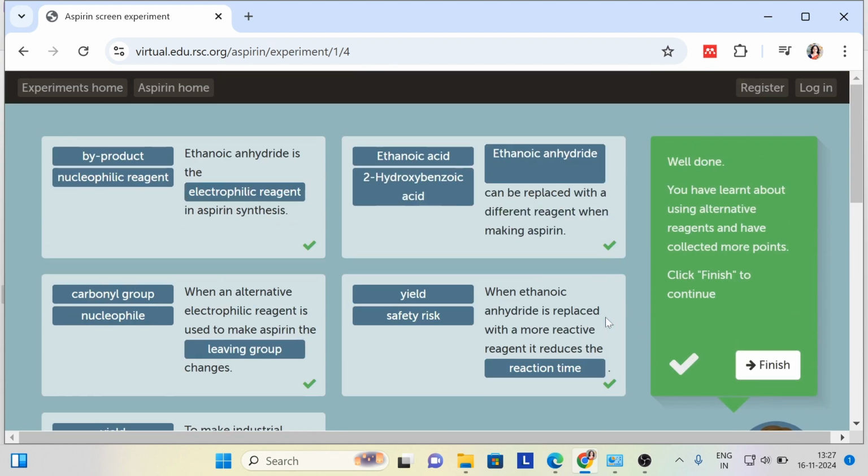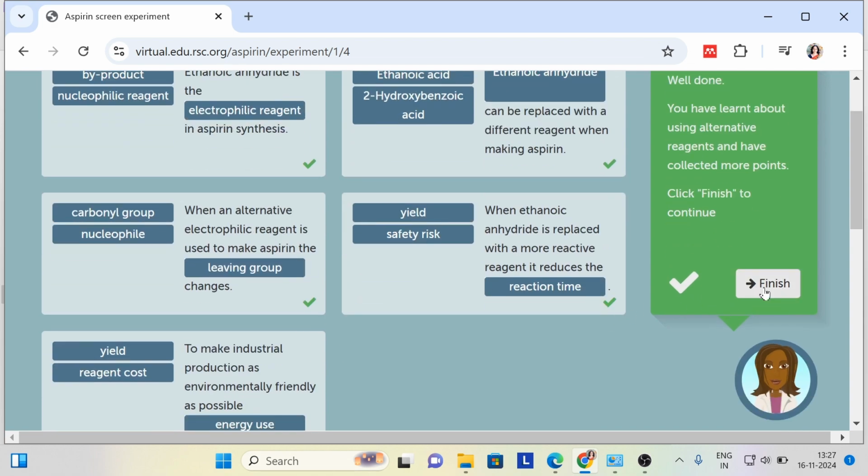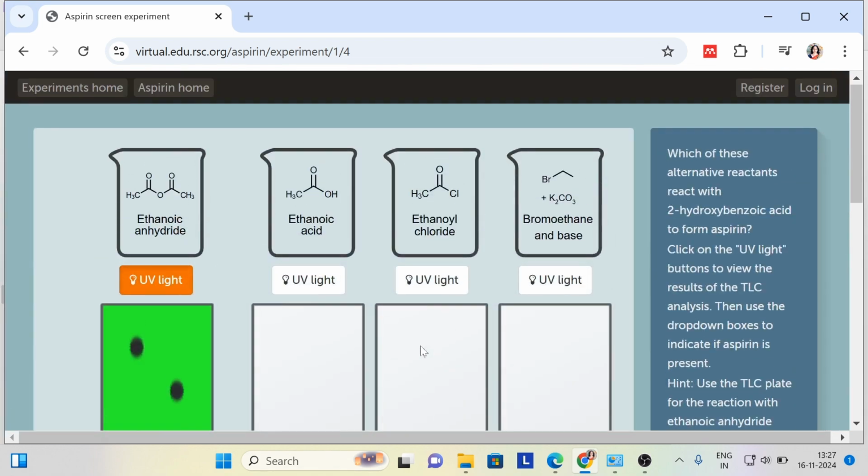Let us have a check. Yes, we have done it correctly. Click on finish. Go to the next activity. Click on next. Now this we have done in the previous level also, but what we are going to do here is find which of these alternative reactants react with 2-hydroxybenzoic acid to form aspirin. Now these are the reagents: ethanoic acid, ethanoyl chloride and bromoethanol. We want an alternative. So ethanoic acid,